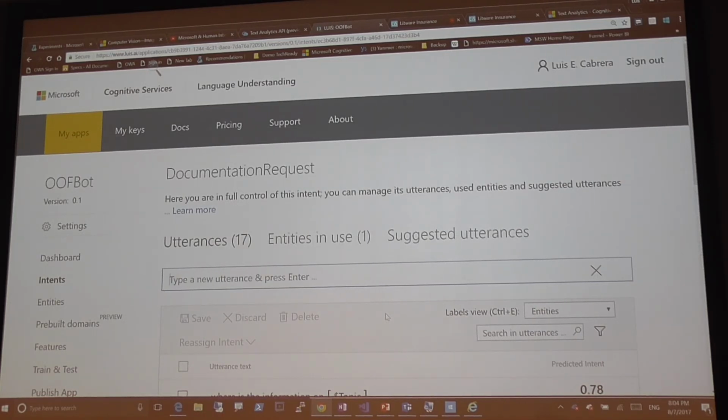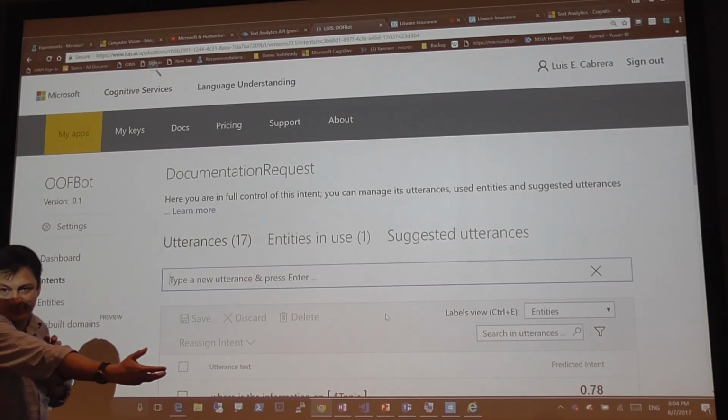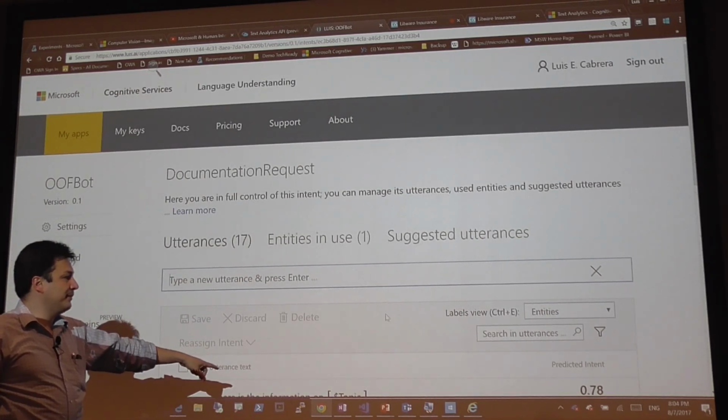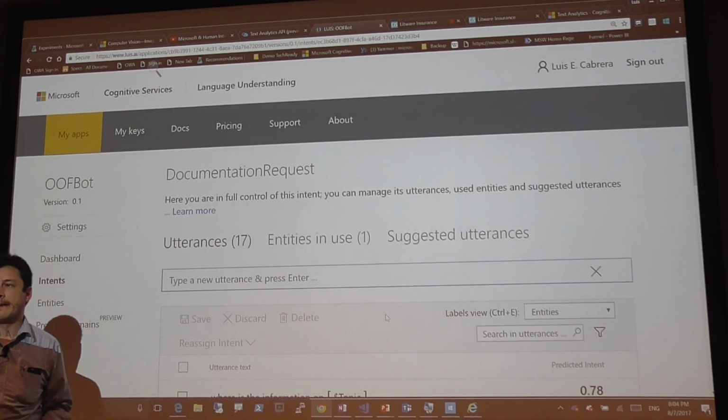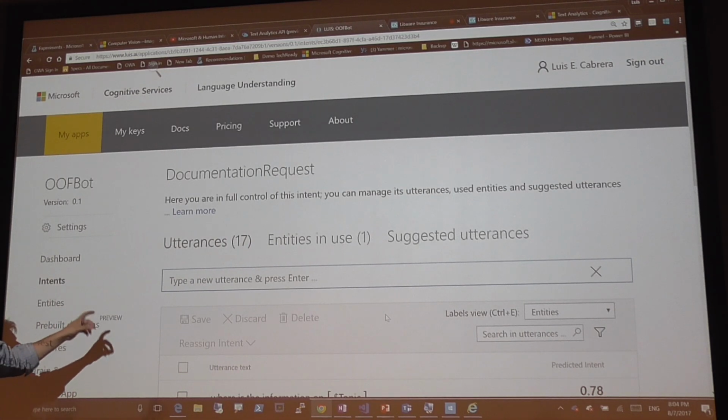And then as I present it, it will analyze what that means, and then it will tell me the probability that it is this class, in this case, a documentation request. Yeah, and once I have that, I have a